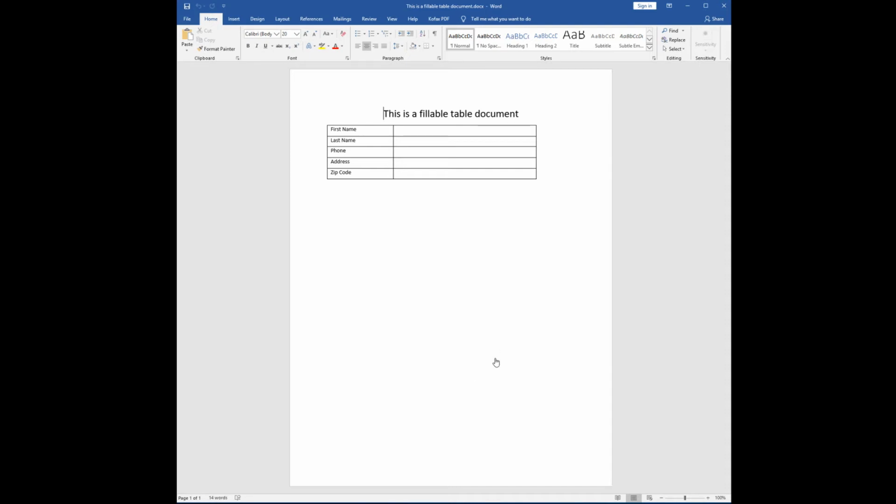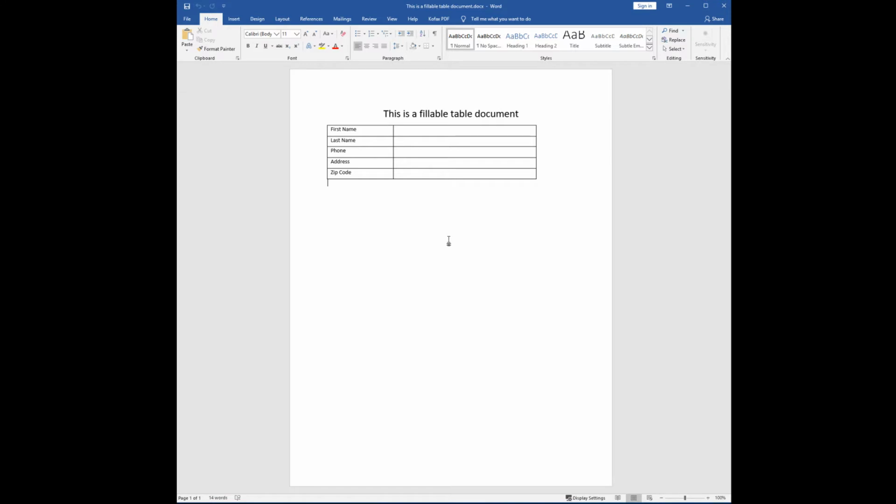Hello. In this video, I'm going to show you a few tricks for generating forms using Kofax, Power PDF, and Microsoft Word. So what I have open on the screen now is a Microsoft Word document that contains a title and a table consisting of different elements I want to generate into a form. So the table has two columns, one column with the labels for the fields and one column where the users will